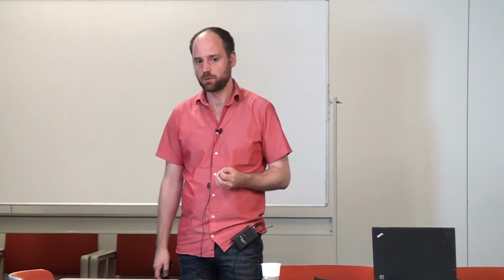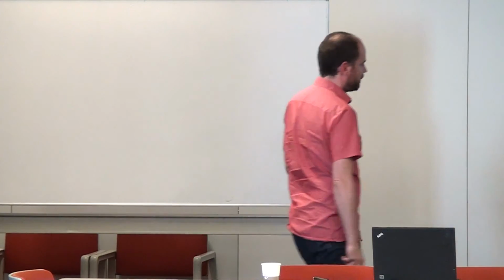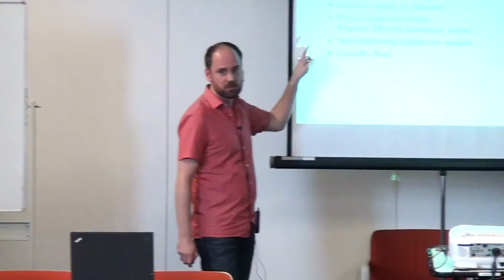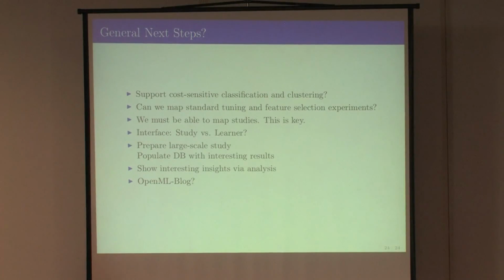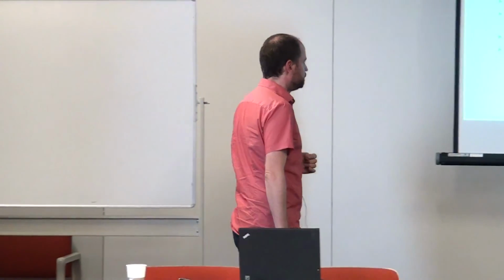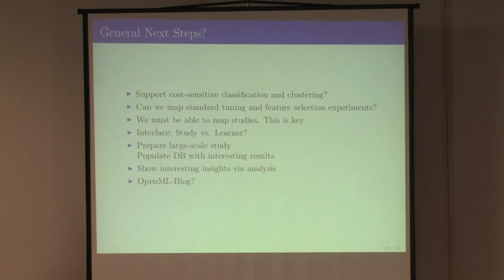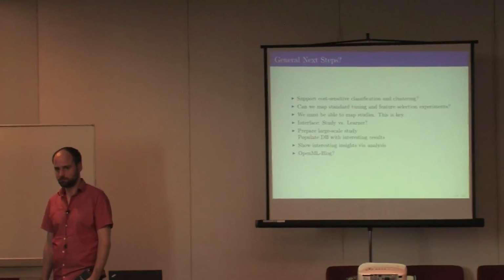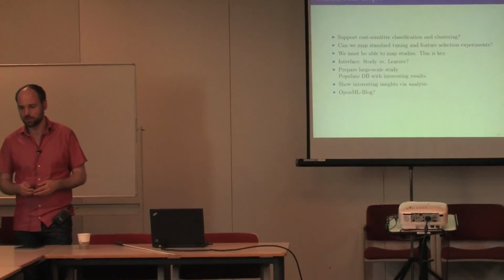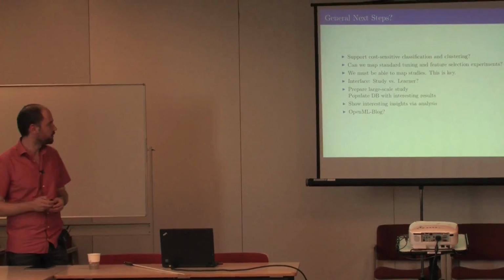Actually, maybe the smartest thing would be to do this internally and not give it to anybody else, because I am of the opinion that if we do this, this will be a richness that we have. I think there's quite a lot of information in there that we just need to exploit, and we just need to find a way to do this. Maybe it's also a good idea to have some kind of a blog where we present how OpenML works in simple scenarios to get people interested in this.